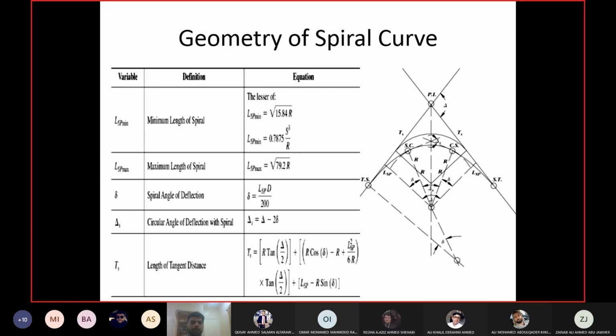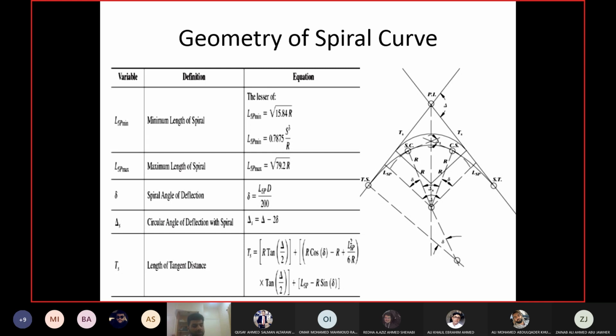Doctor, do we have any highway in Bahrain that uses that? I don't know. I'm not sure. It should be. I think the high-speed roads should have the spiral curve. It's very common, very normal. High-speed roads like Sheikh Khalifa bin Salman Highway, the roads which have a speed of 100 and 120 kilometers per hour, I think they would have a spiral curve wherever the curve is given. So it must start and end with a spiral curve. I think this is the case.